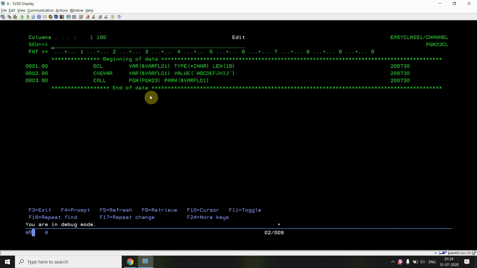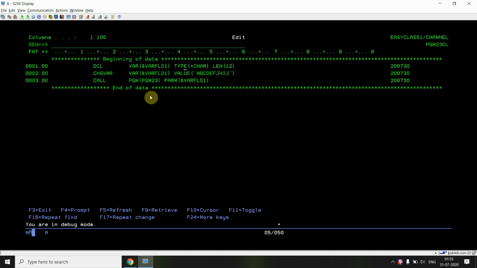there is nothing. So what I'll be doing, since I already know varying by default takes 2 more length, is this: those 2 bytes are in the first two positions, and that is basically the length of that data. So I'll be taking 2 more length. Whenever I'm dealing with such situations, if I have a varying length field of 10 characters in my RPG program, and I have to call that program and pass the variable to it, I'll be defining 2 more lengths in the CL field, meaning a 12 length variable here.